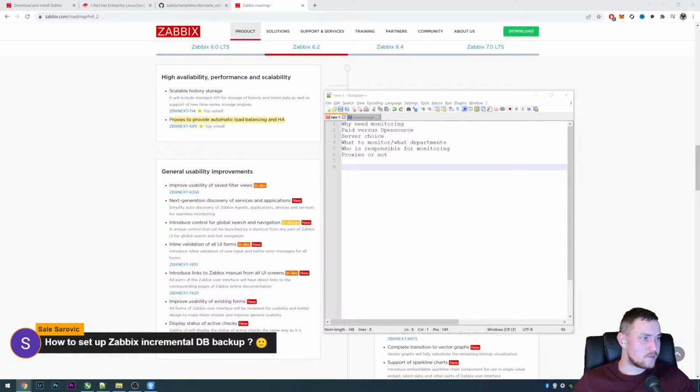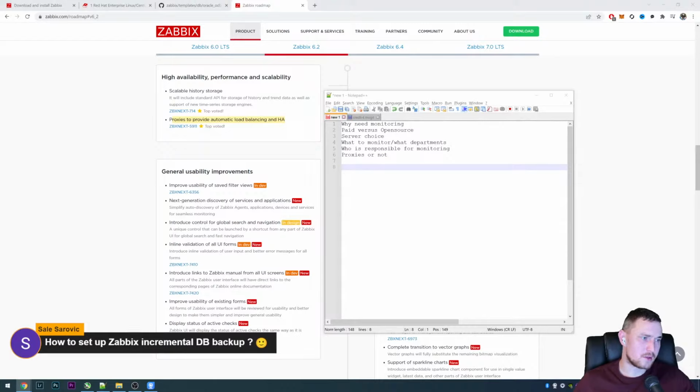How to set up a Zabbix incremental database backup? I would not even do that. Well, why do you need that? It's even more dangerous if something goes south and you continue to override that backup with the new data. Just make a full database backup. Again, let's say once per month a full database backup, and once per week the configuration data.